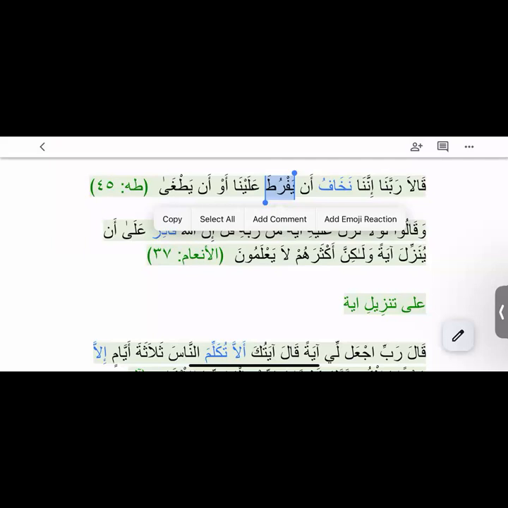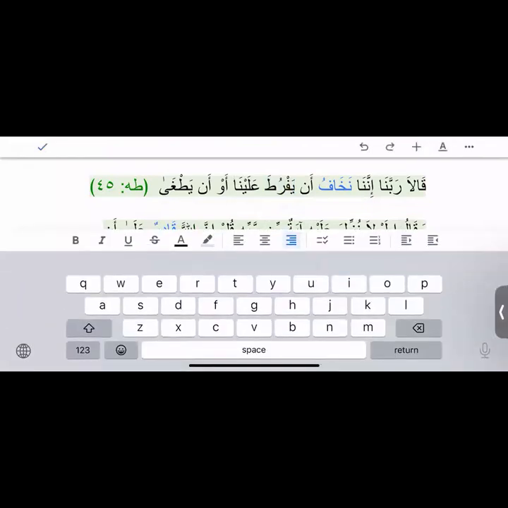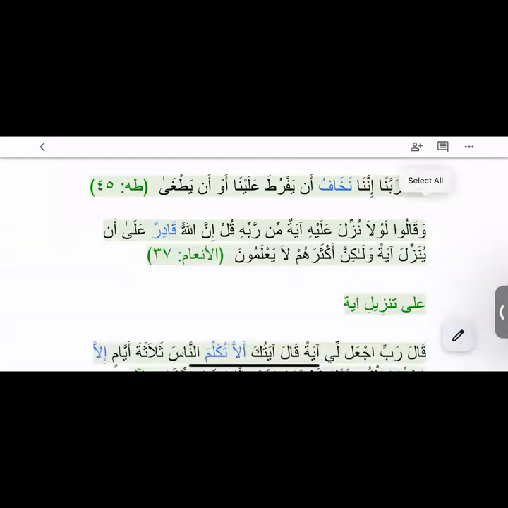Then comes the word aw. In the very beginning, when I was teaching you fragments, I taught you an at fragment, right? So aw, or, can also be an. It has different meanings, three or four meanings. So for now, keep it as or and say it's in a at. An yatwa. Now comes your an, which is again harf nasiba, harf masdariya. What else? Harf istiqbal, right? It serves all three functions.